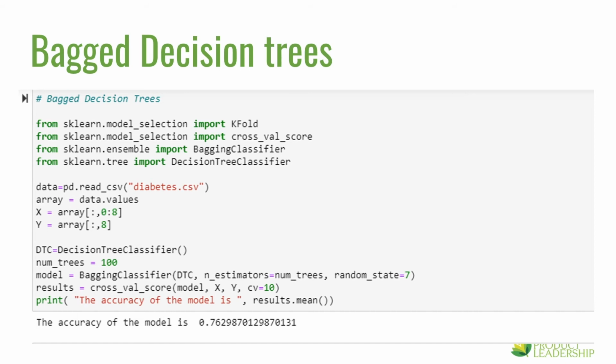Here we have created 150 trees and then the model is run, post which the result is compiled as a mean of the 10 cross-validation scores. As you will see, the accuracy of this model is 0.762, or in other words, the model predicts 76% of the class correctly. Random forest.